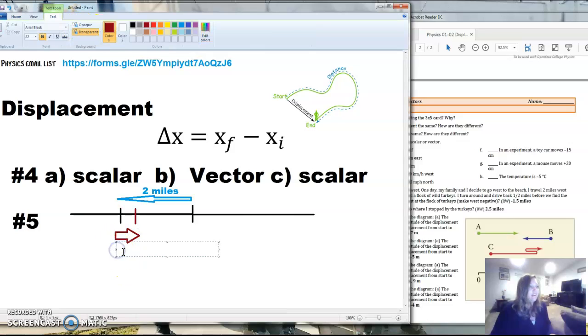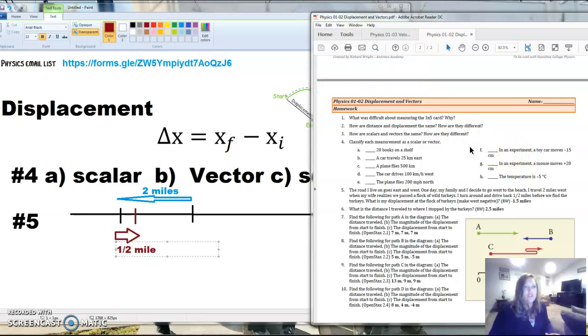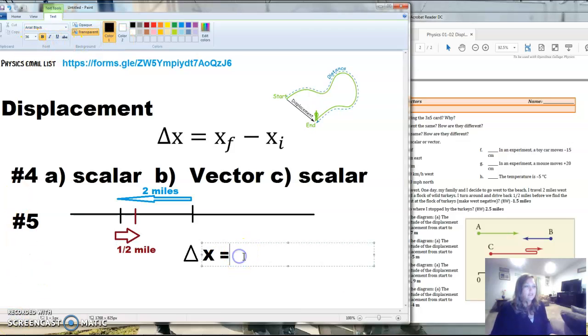Just kidding. Okay, and we're going to go backwards 1/2 mile. So it asks us, what is the total displacement of the flock of turkeys? We know displacement is delta x, which is the final position minus the initial position. So I'm going to type that into the computer for you so you can see how to write that up. Delta x in this equation is going to equal negative 2 miles